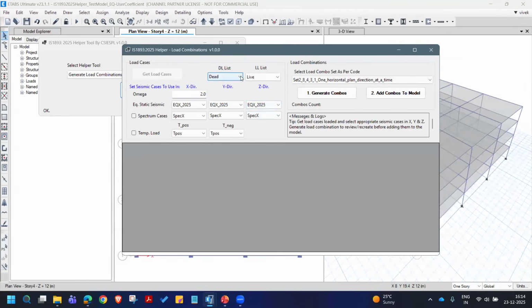And dead and live are gravity load case lists. So there is nothing to select here, just to show the list of cases available of various types. This involves all deads, super dead, lives, pattern live, roof live, reducible live, all of this. So you can include all of this, and then